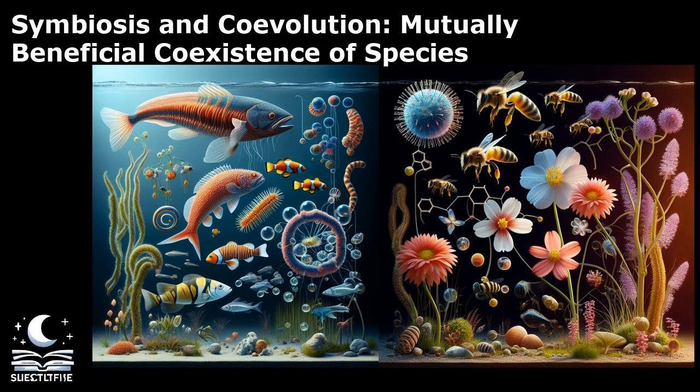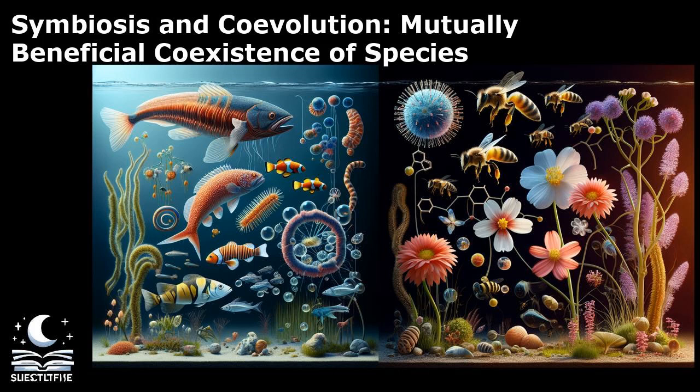An interesting example of coevolution can be observed in the relationship between fig trees and fig wasps. Fig wasps have evolved specialized mouthparts to pollinate fig flowers and lay their eggs inside the developing fig fruit. In return, fig trees have developed unique structures within the fig fruit to house and nourish the fig wasp larvae. This mutualistic coevolutionary relationship is so specific that each species is dependent on the other for reproduction and survival.